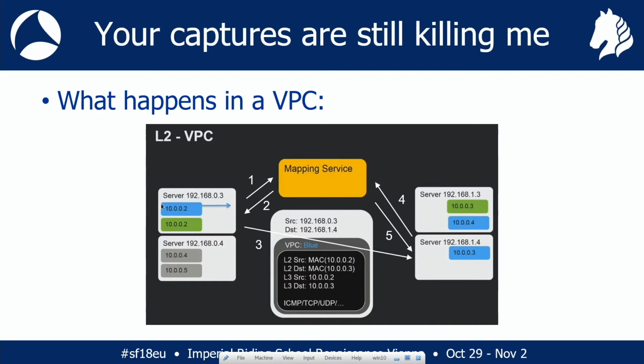So in this example, we've got 10.0.0.2 in blue trying to send a packet to 10.0.0.3. And what Amazon does is it encapsulates that packet in this kind of header structure we've got down here. At the bottom, it gives it a VPC tag saying this is the blue VPC. It gives it the source and destination of the actual hosts that your machines are running on. And that's how it gets sent across the network. Then when it hits the other end, obviously the IP destination at the other end is the host. It talks to the mapping service, checks that this packet has come from the right place, unwraps and decapsulates it, and then sends it on to you.